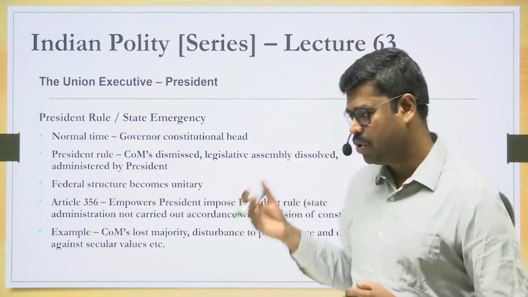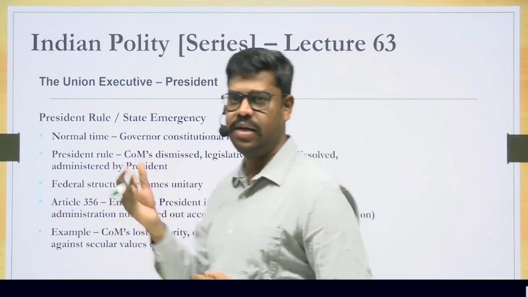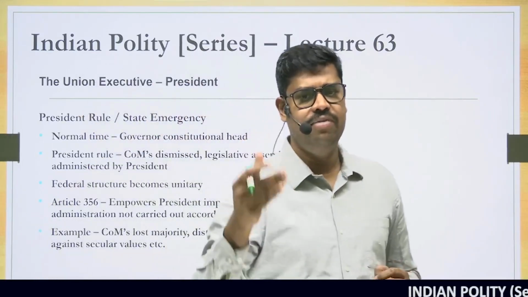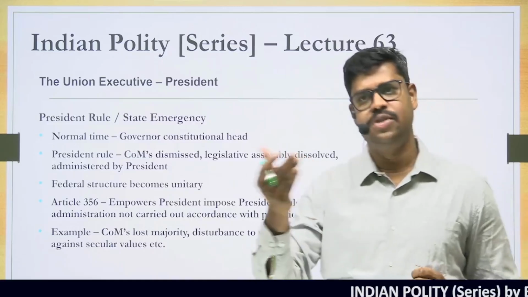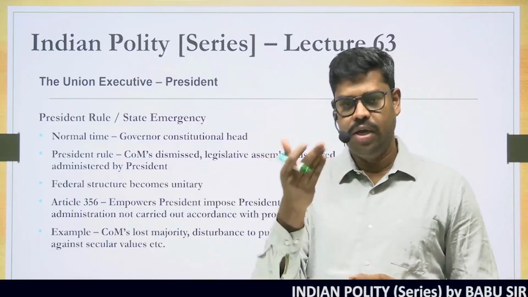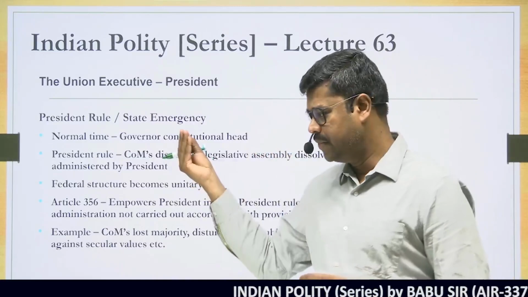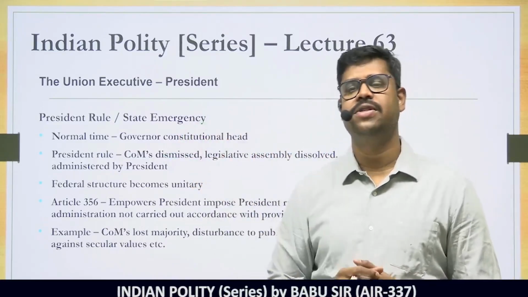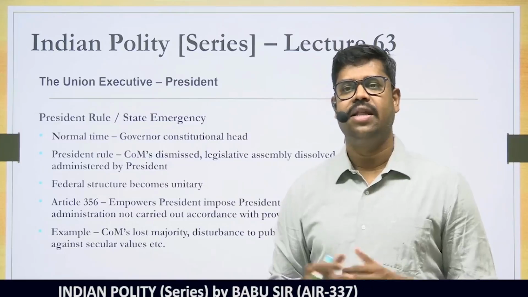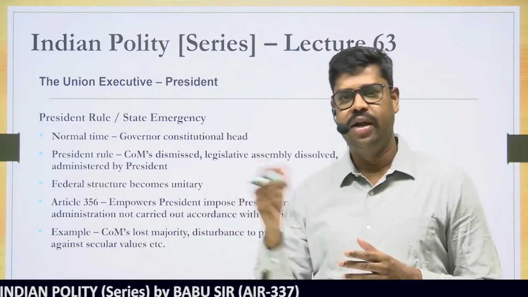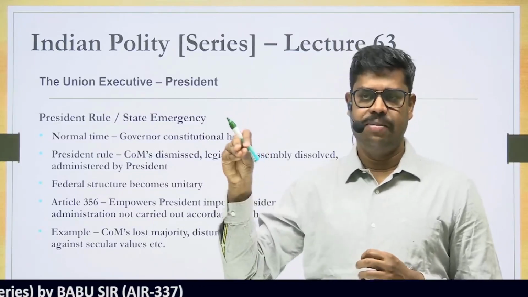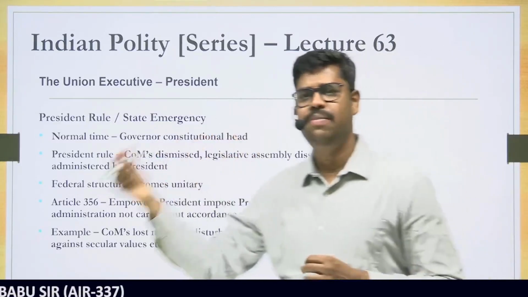Because what has happened over a period of time, starting from the 1950s after the commencement of the constitution, this Article 356 was considered to be misused by the president. Although you'll have to keep it in your mind that it is not the discretionary power of the president to impose president rule in a particular state. Rather, he exercises power based on the aid and advice of the Council of Ministers. So, whenever the Prime Minister and the Council of Ministers advise him, he may impose a president rule